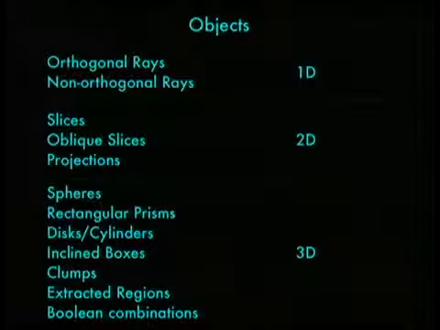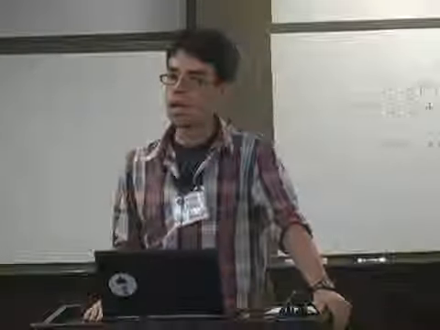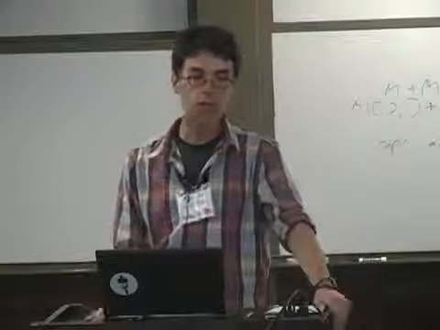Things like orthogonal rays and non-orthogonal rays, so you can provide queries between two different locations in your simulation. Slices through the domain, oblique slices, projections, spheres, rectangular prisms, and so on and so forth. So the idea is that if you can describe it in terms of geometry or in terms of some sort of quantity that the system can evaluate, you can access it and then on top of that, develop meaningful semantically aware analysis. So for instance, you could select a cylinder that encompasses the entire region of a disk galaxy in your calculation, and then have YT analyze the angular momentum vector.